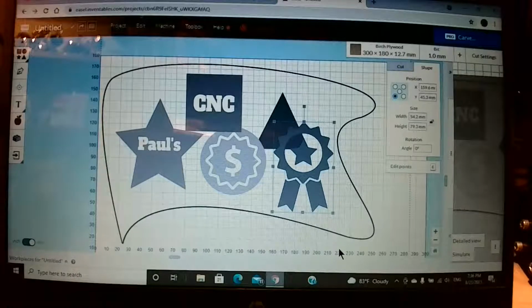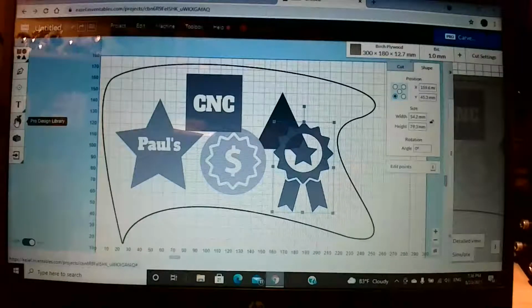Now, the opposite of combining, what do you think it is? Exploding. Yep, exploding. So let's just say that I wanted to explode this because I want to take these two bottom parts off. Okay. So what we have to do here now is we have to go over to our